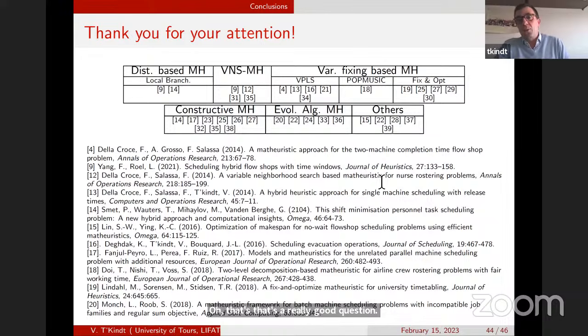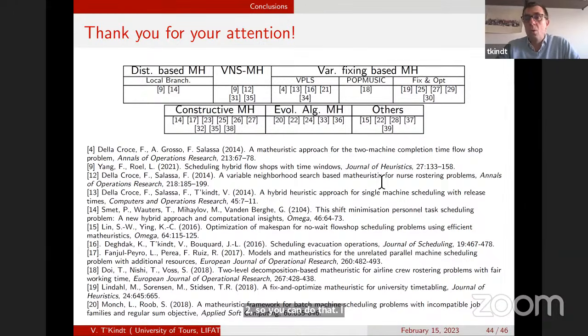In fact, that's obvious. Everything that has been presented here can be translated in constraint programming. You replace the IP solver by a CP solver. So you can keep the same ideas, the same mechanism based on local branching, based on the distance, based on variable fixing, everything. And for sure, you can have what we could call CP heuristic, to stick to the same kind of name. So you can do that.